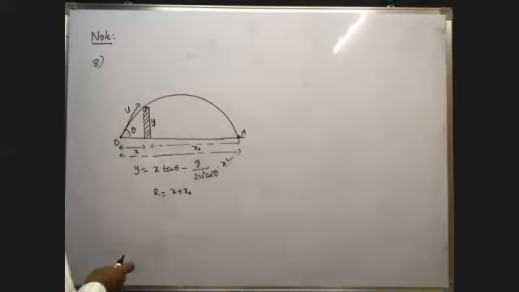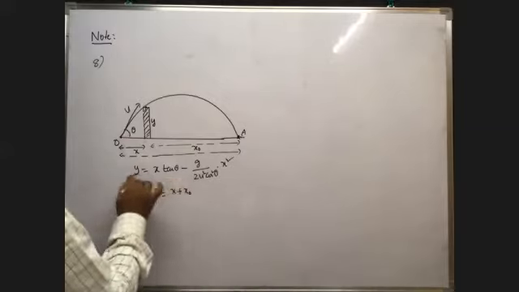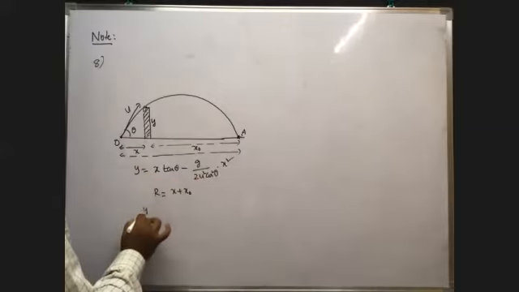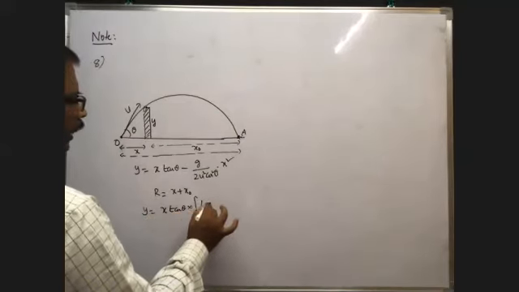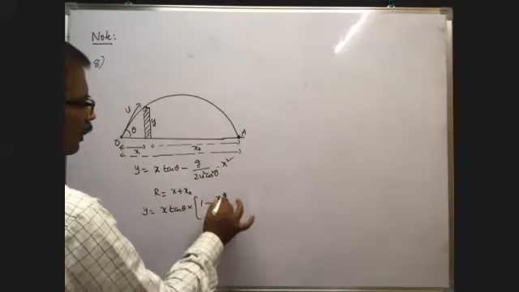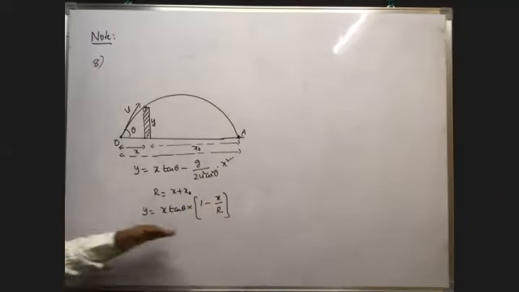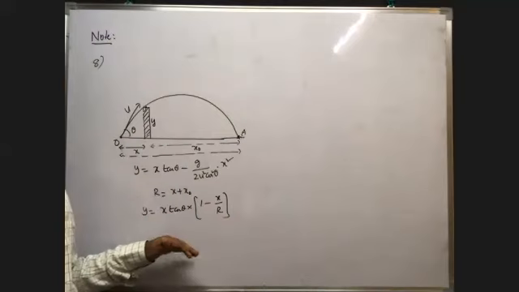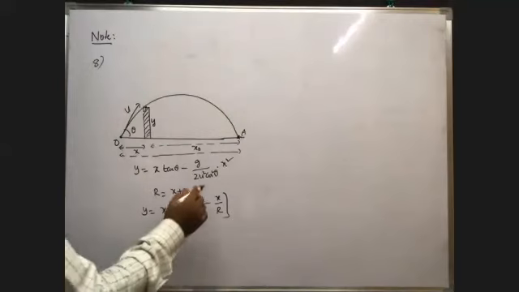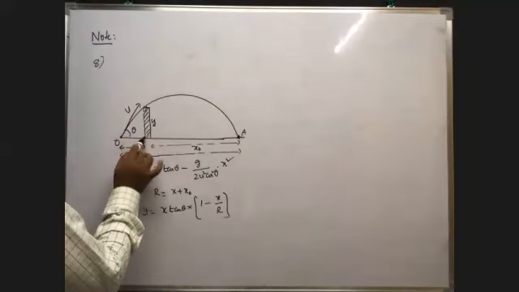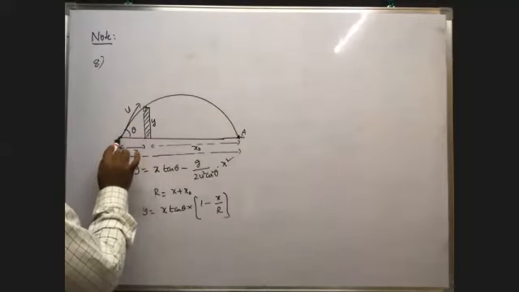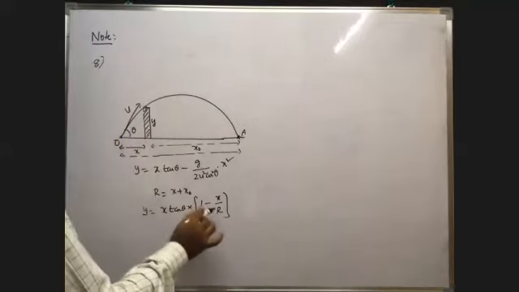Already we know the relation between range and y. Y is equal to, as we already derived, y is equal to x tan theta into 1 minus x by R. Already I derived this formula. Do you know this formula? Here you see, x means at what distance the wall lies from the point of projection. R means what is the range to be reached by the cricket ball.